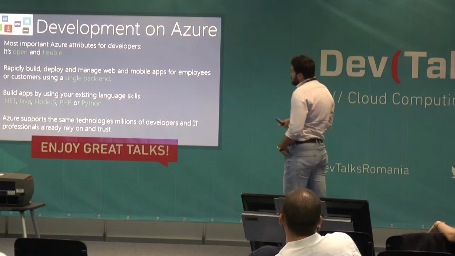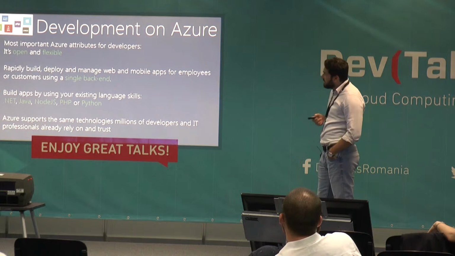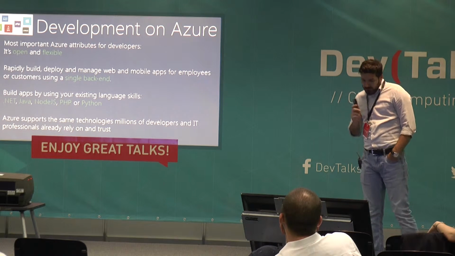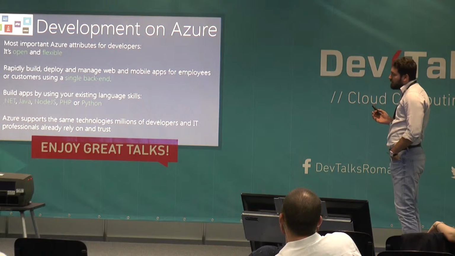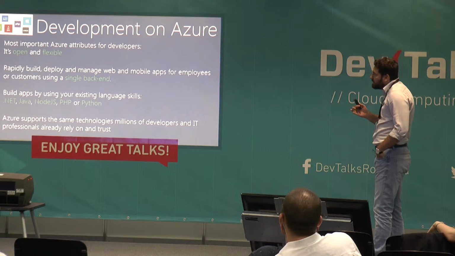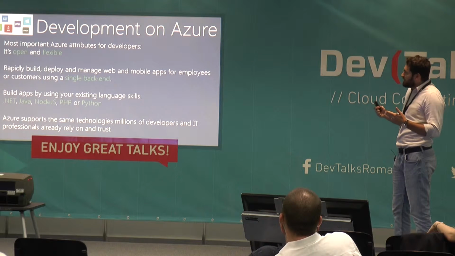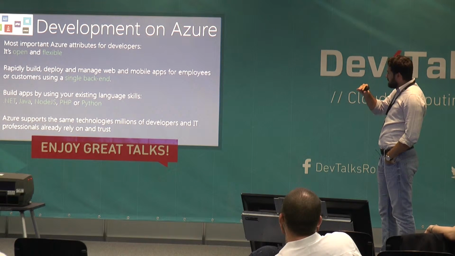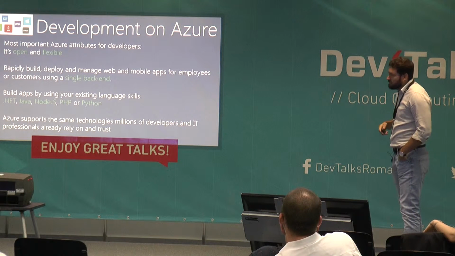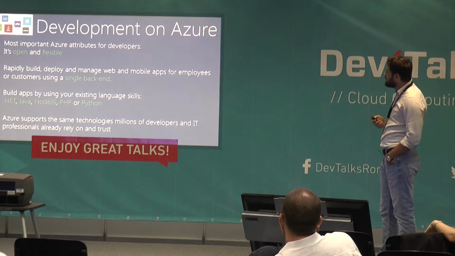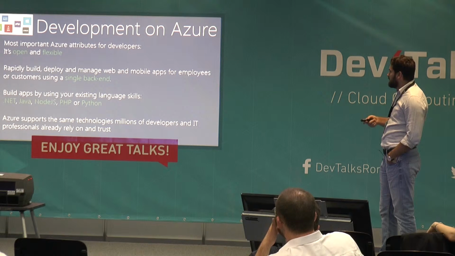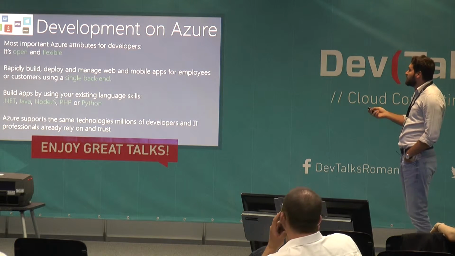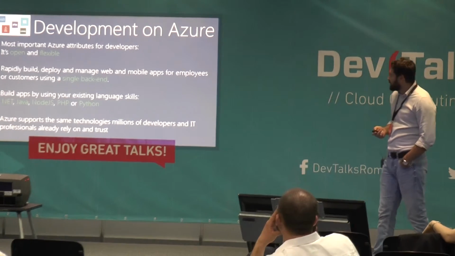Development on Azure, the two attributes that I find most important are the fact that it's open and flexible. So by open, we mean the fact that we allow you as a developer to put everything which is written in such a way that does not endanger the other applications, or it's at least from the security point the best practices. And it's flexible. We have .NET, Java, JavaScript, actually Node.js, PHP, and Python. So I guess you would know at least one of those programming languages, so you're good to go.